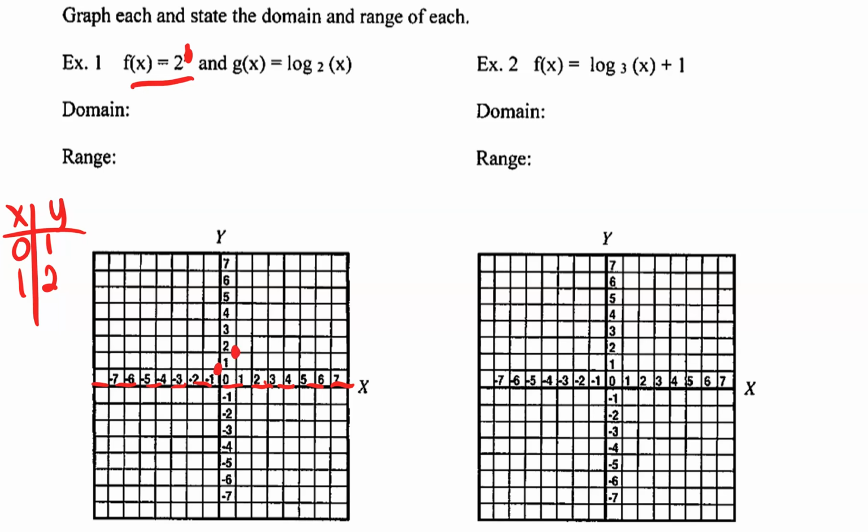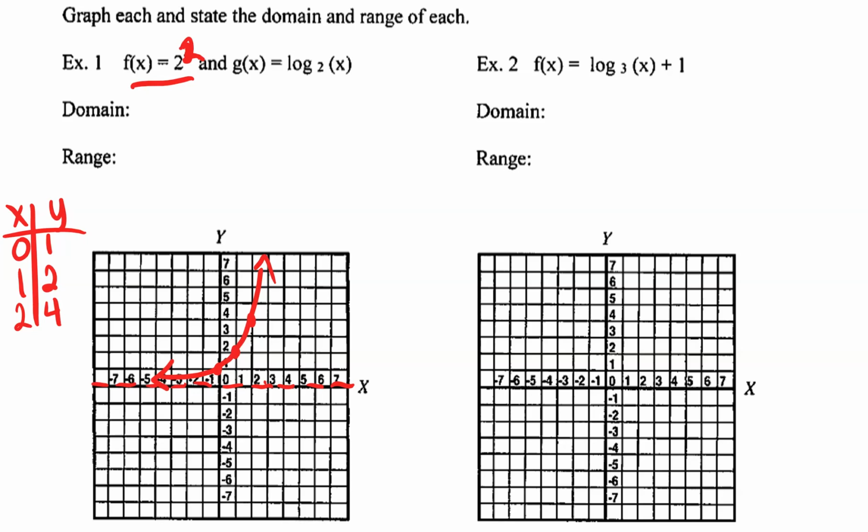I can always plug in more points if I want to. Let's say I plug in 2. 2 to the second power is 4. So that'll give me the point (2, 4). And I could keep going if I want to, but that's enough points for me. And then I just sketch the graph and make sure my arrow doesn't cross the asymptote. It's never going to cross